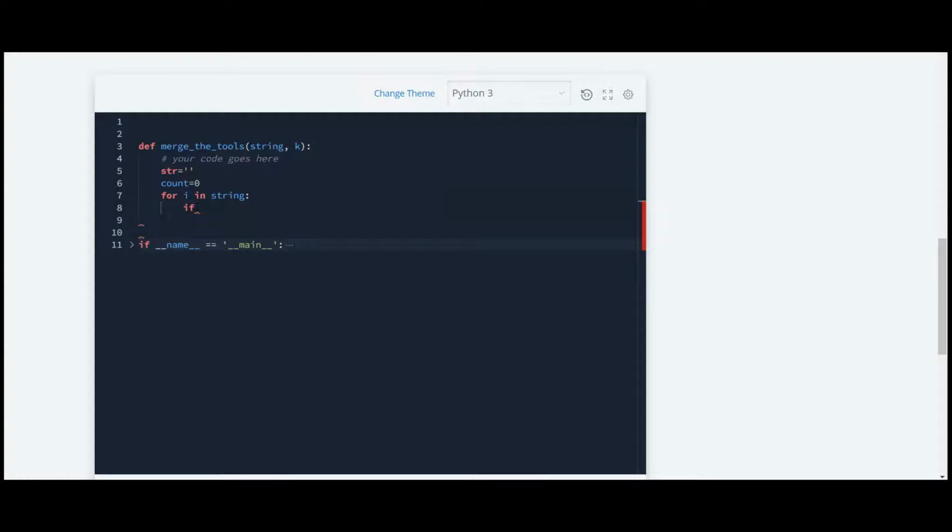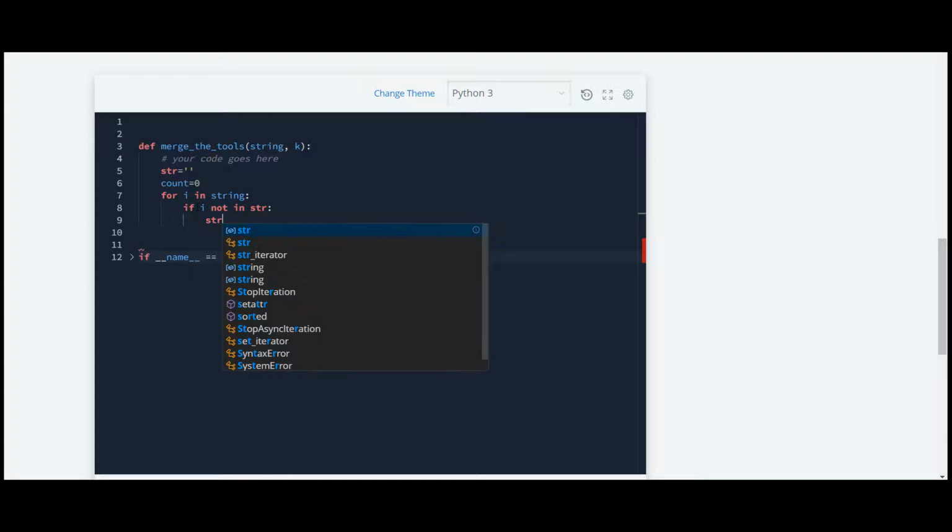Now we'll write a condition: i not in str. Then what we'll do is add it, str is equal to str plus i.